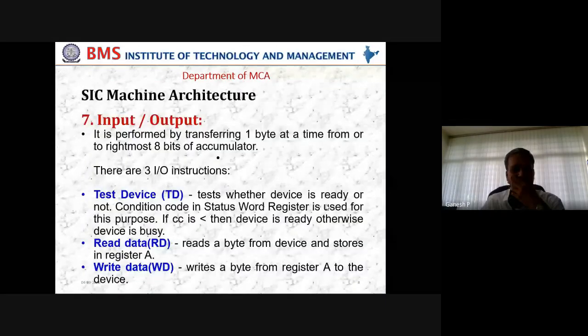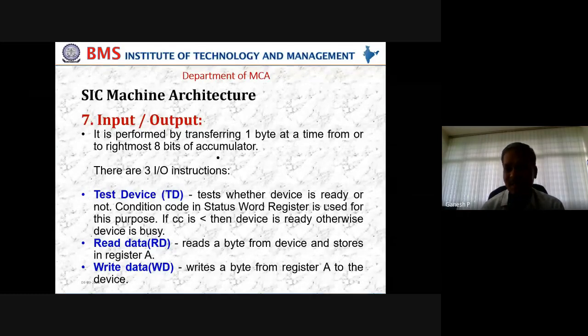So next we have the last part, that is input and output, and how they are going to be handled by SIC architecture. Any computer, as we discussed in the previous class, has 4 blocks: input, memory, processor, and output. We have seen input, memory, and how the processor is going to handle things. Now how output is going to be looked at. Output in SIC is taken care of 1 byte at a time because a character represents 1 byte in SIC. In the same way, SIC supports input and output only 1 byte at a time.